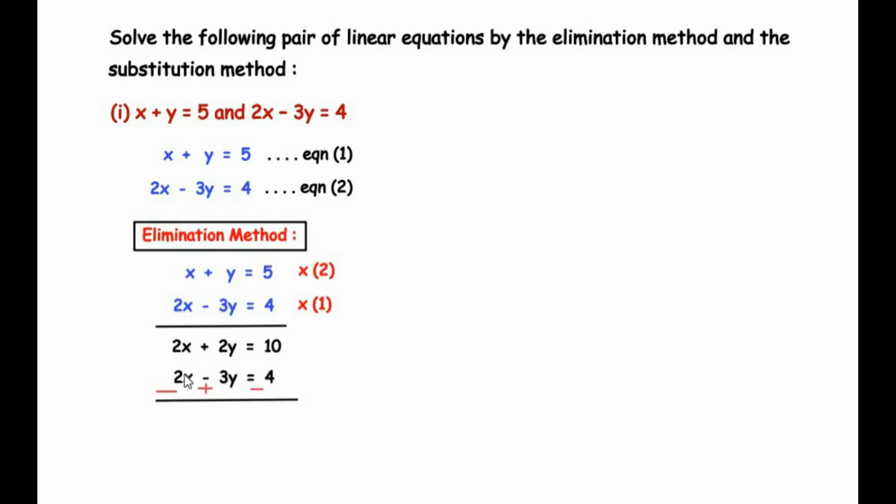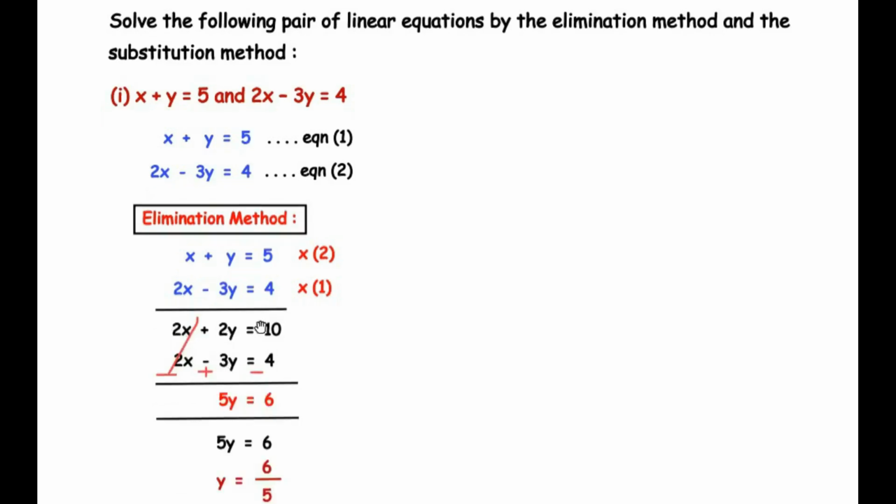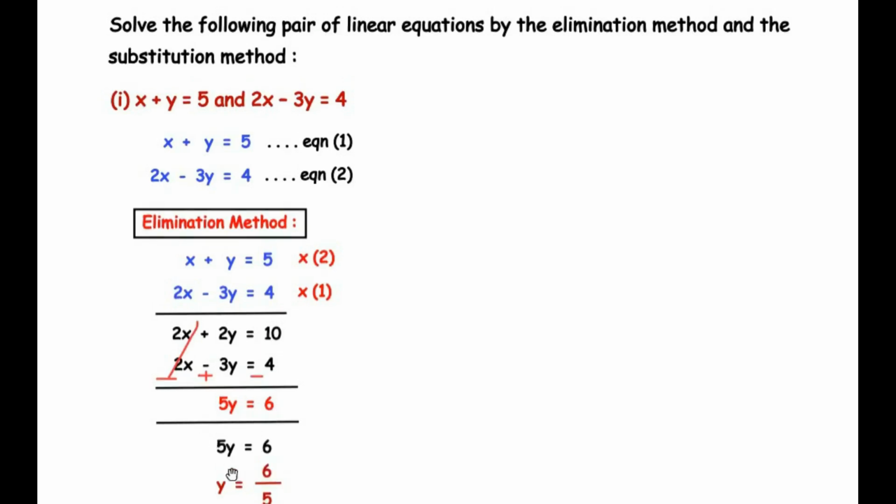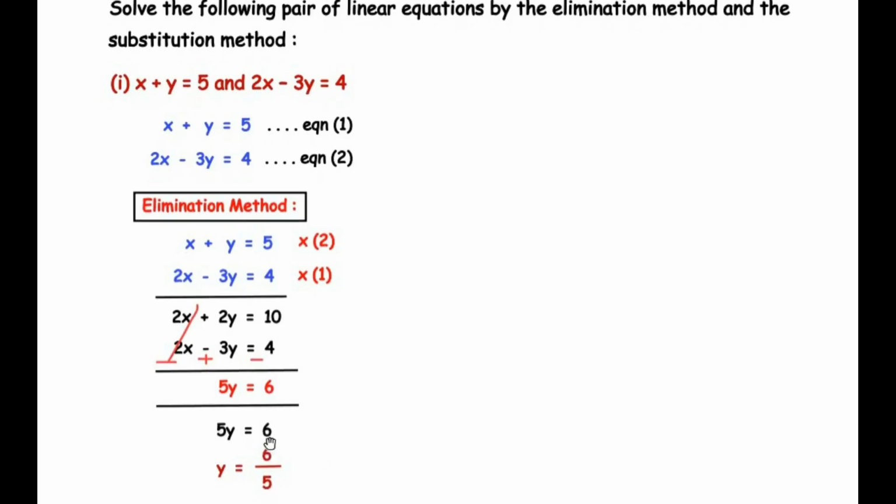Now adding them together, we can see that the first variable has got eliminated. Now plus 2y and plus 3y gives us 5y is equal to 10 minus 4 gives us 6. Now taking 5 on the other side of the equal to sign, we get the value of y as 6 over 5. Now once we have got the value of y, let us try to find out the value of x